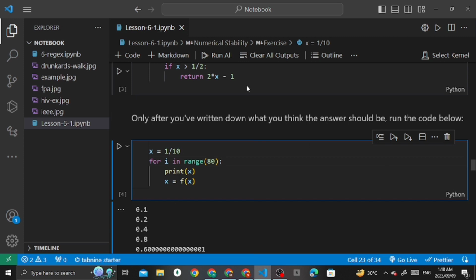See, 2 times x. It just doubles each iteration until it exceeds 1/2.